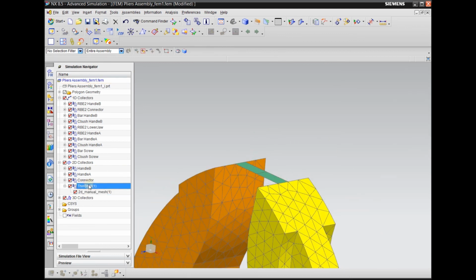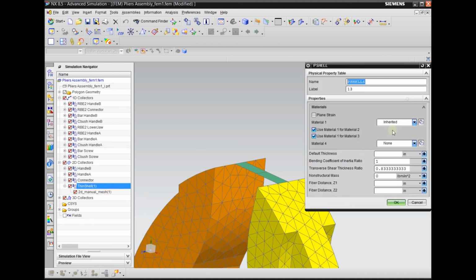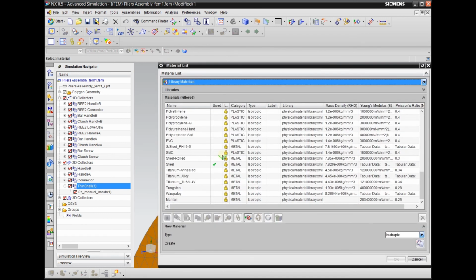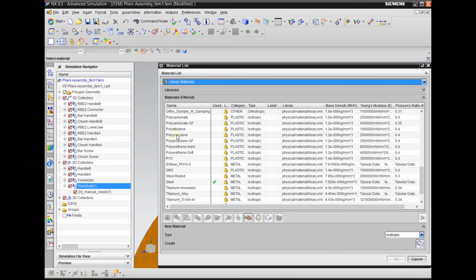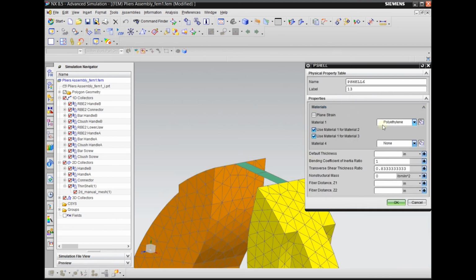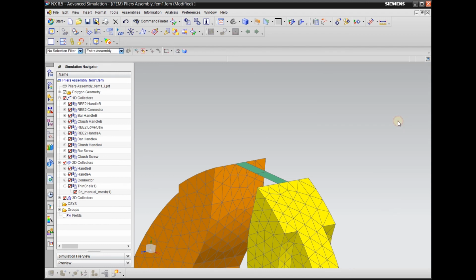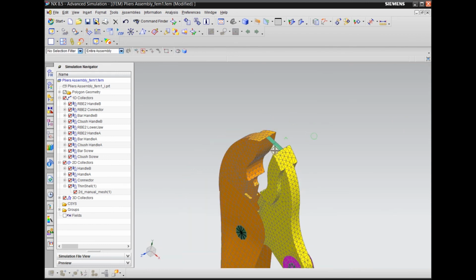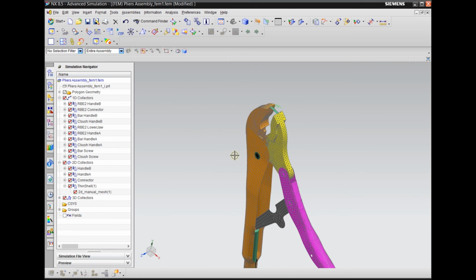Okay, so good, and give the sheet a material and a thickness. So let's open the material. Okay, it's gonna be polyethylene. So let's go for polyethylene. Okay, and the thickness is 0.1 inch. All right. Now we have assigned the material for